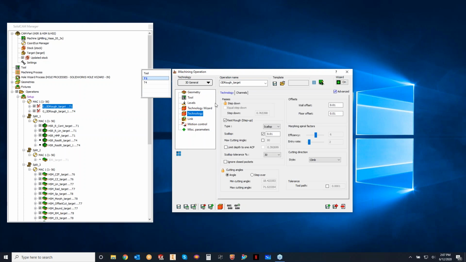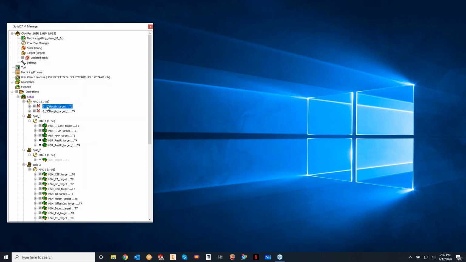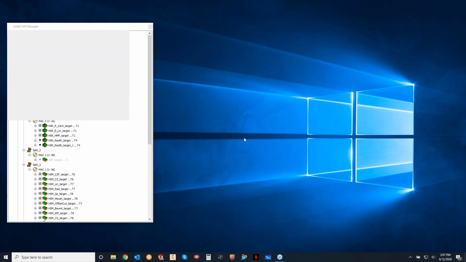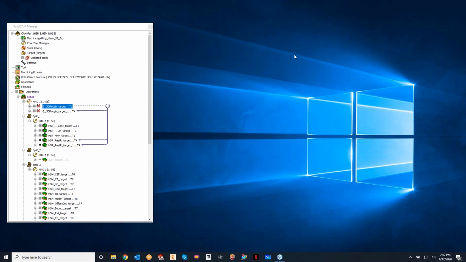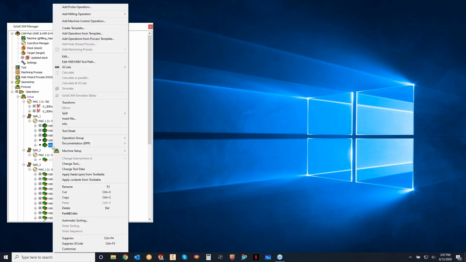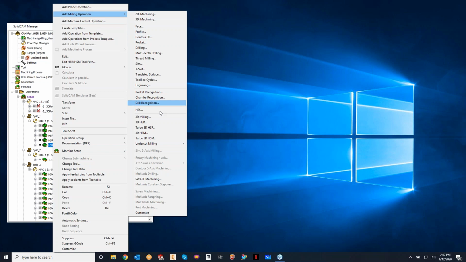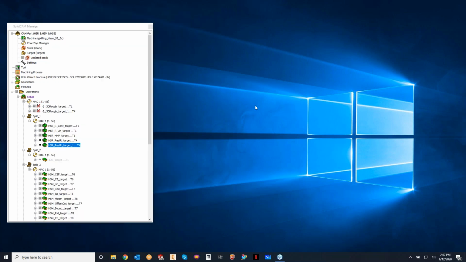It's essentially, the best way to think of this is it's everything except for the geometry. It's everything in this window that you can modify. I could even do, if I really wanted to, probably bottom right corner here, if I went to save and copy, and if I wanted to add another toolpath, I could do that. If I wanted to right click and add operation, I have access to all my operations. It's literally still SolidCAM doing the exact same thing that you probably would want to do on the shop floor,